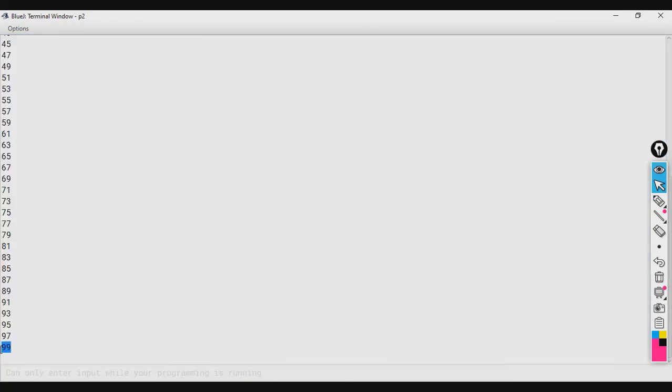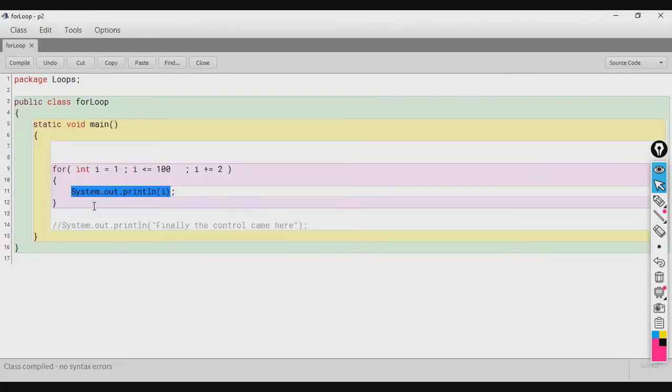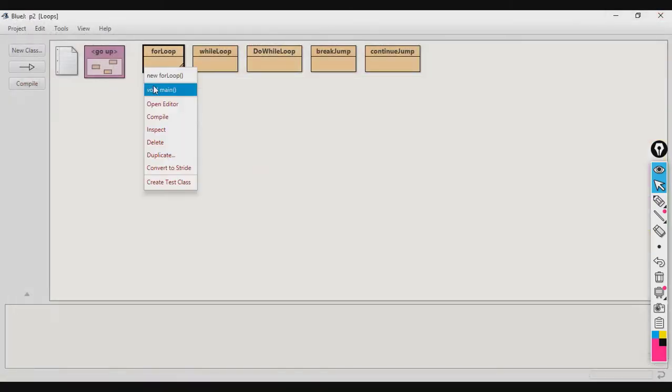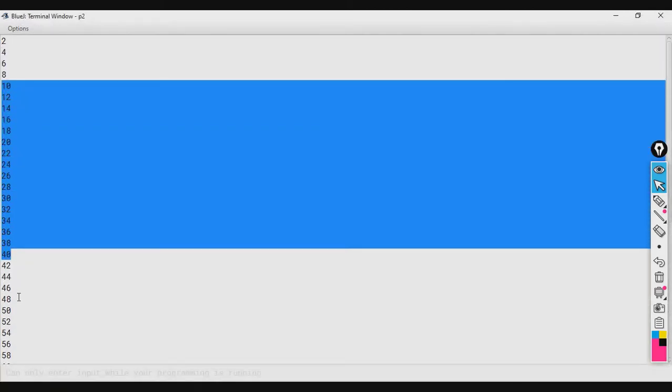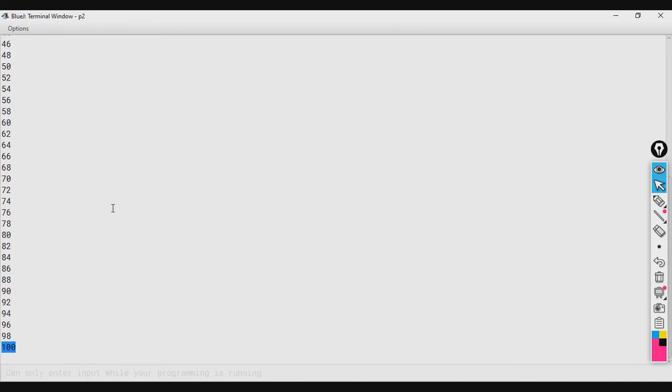The last number to be printed here is 99. Similarly, if I want to print all the even numbers, I will simply initialize I with 2, okay, and rest everything will remain same. So, you can see this time 2, 4, 6, 8, 10, 12 up till 100. So, all the even numbers between 1 and 100 are getting printed.